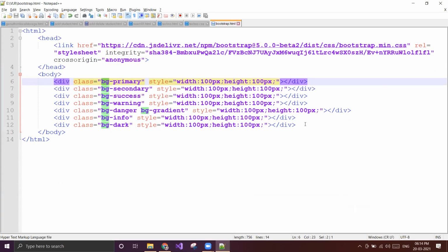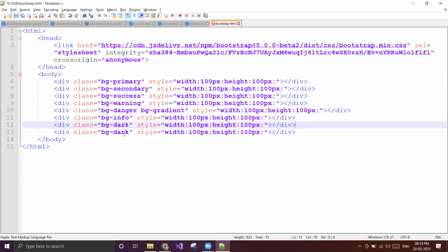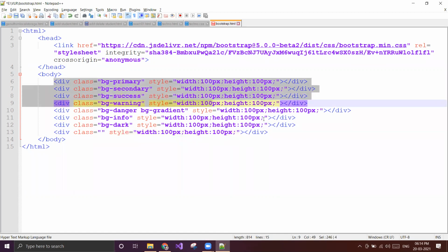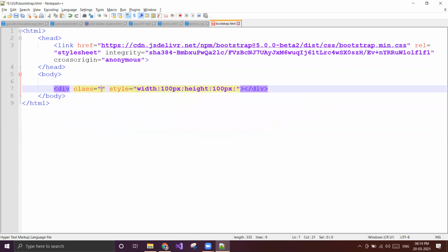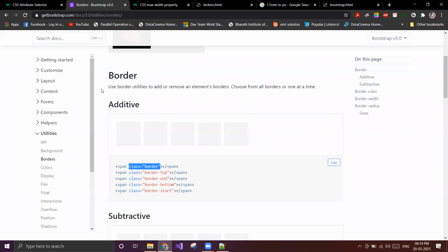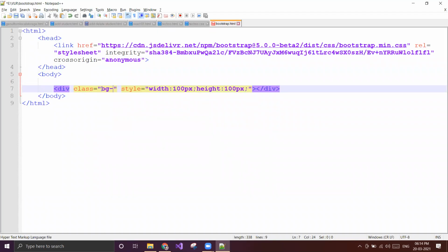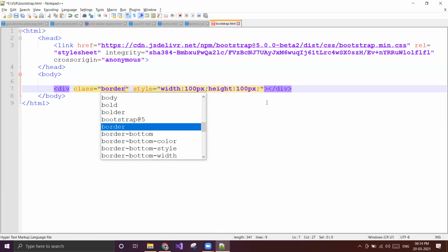So if I have a div, suppose I have BG, okay, I will just apply class equal to border.